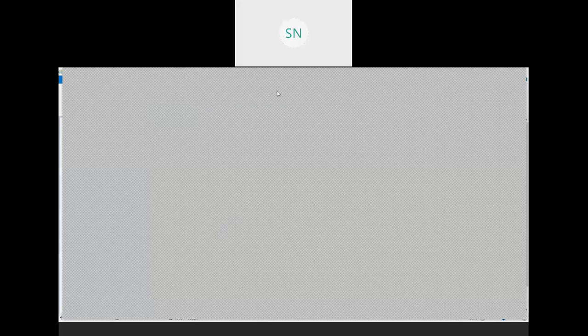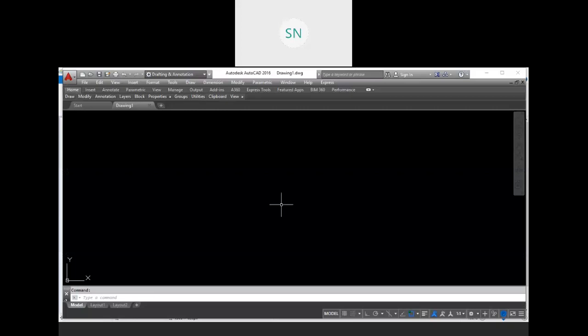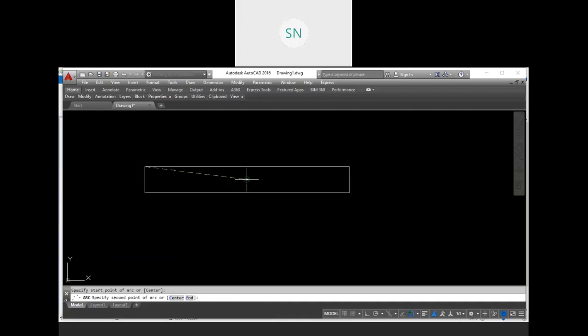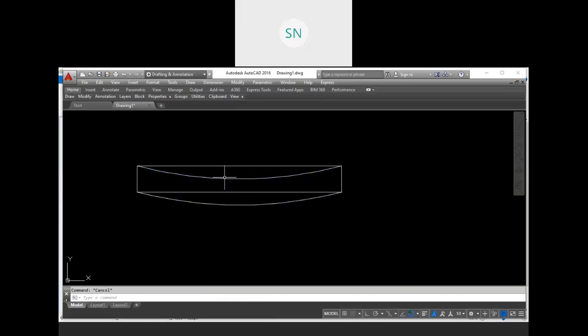Okay, here we have an AutoCAD screen. For example, this is our beam, and when we apply some load, it will become like this. This is the output.